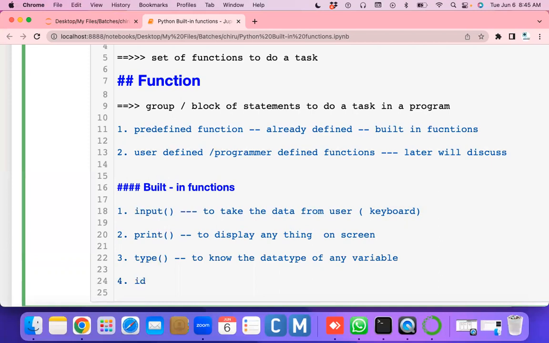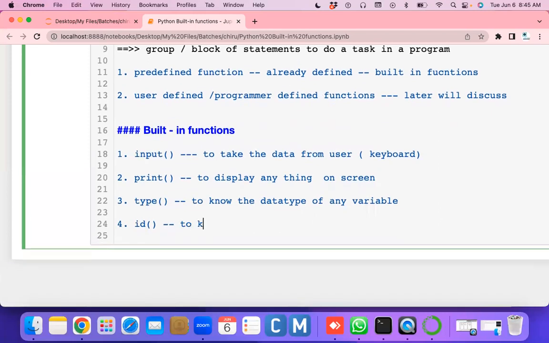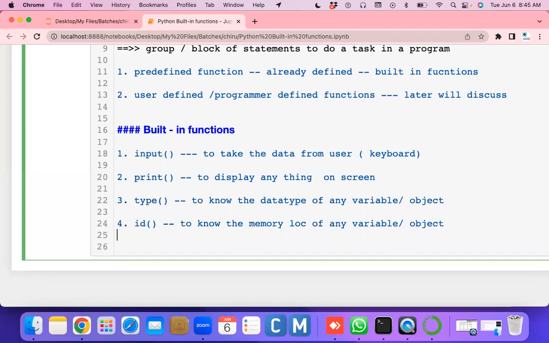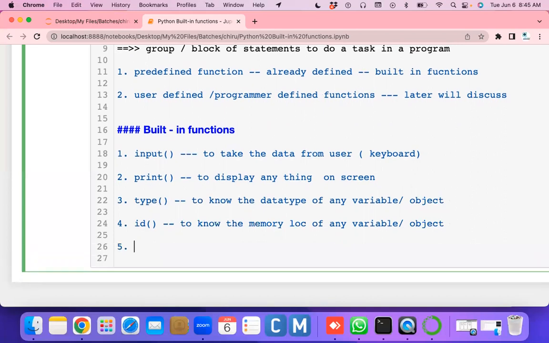And we have a function, id function. So what is the use of id function? To know the memory location of any variable. So simply you can say that it's any variable or object. So technically you can say that it's an object or variable. Okay,